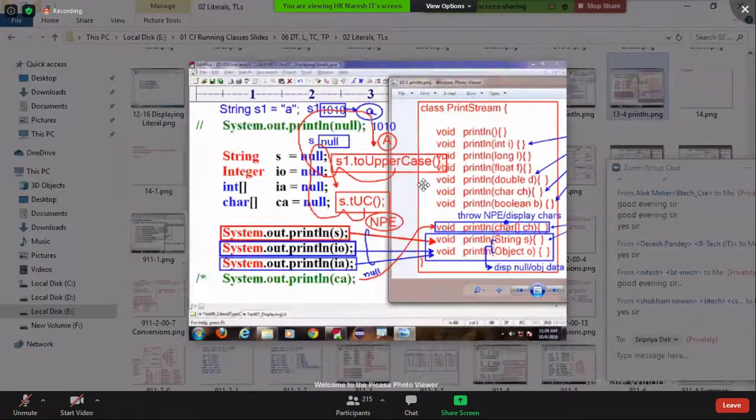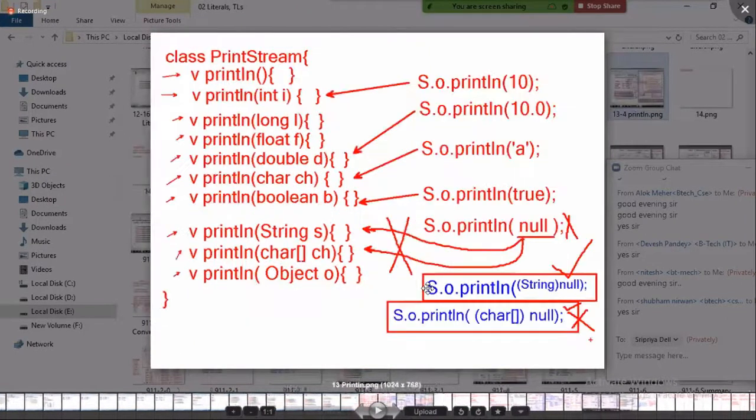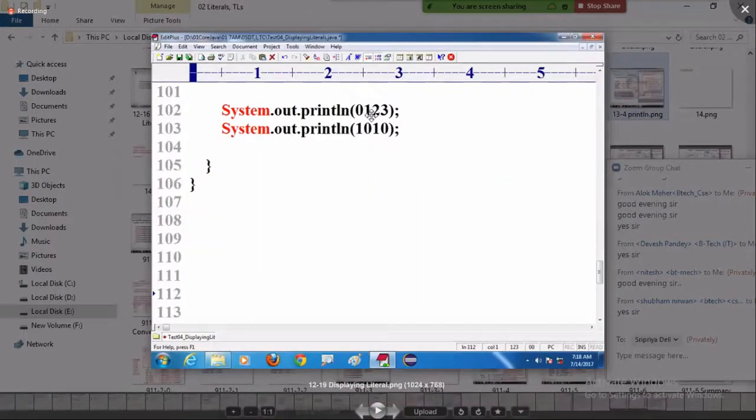In the last class, I gave a test case that some of you remember. If you display 0, 1, 2, 3, what was displayed yesterday? 83 was displayed. Why? Look at this number, it starts with 0.